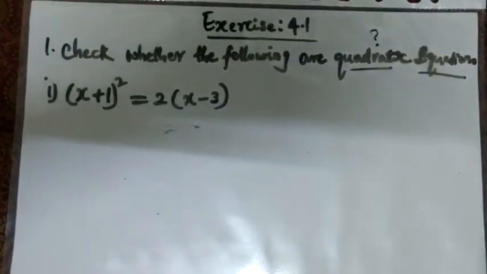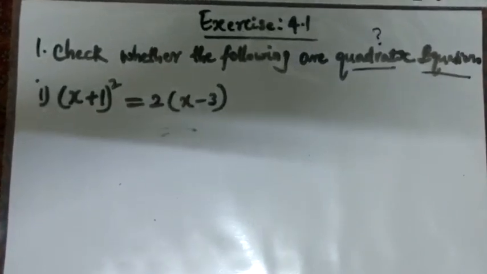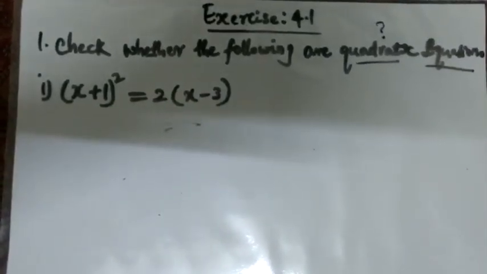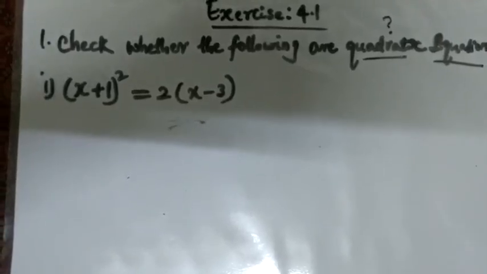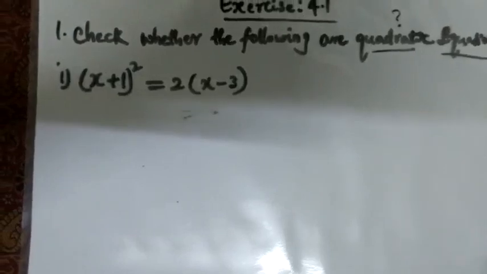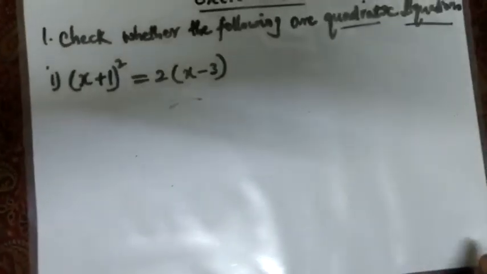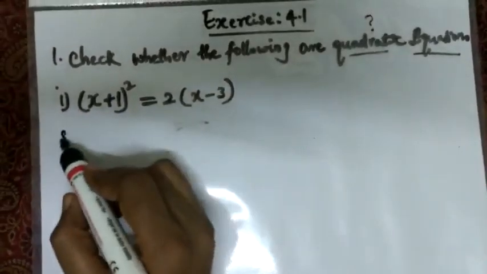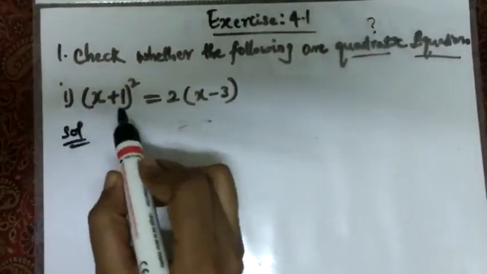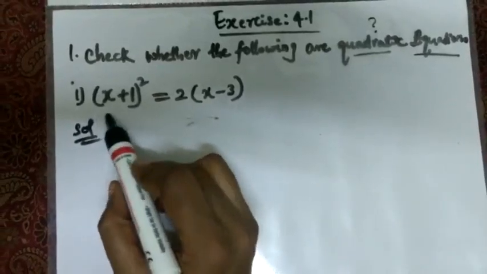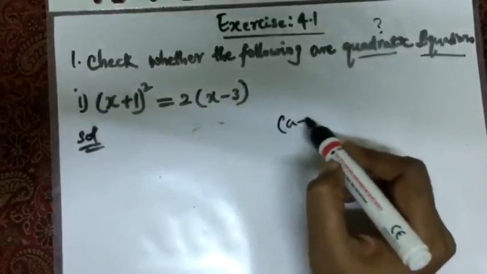So as you all remember, and we had discussed in the starting of the class, to be a quadratic equation, the equation should have the degree as 2. And what is the degree? The degree is the highest power of the variables given in the question. So let's first try to open this question using the suitable identities. Now if you see this carefully, it is in the form of (a plus b) whole square. So directly I am opening this using the identity (a plus b) whole square.